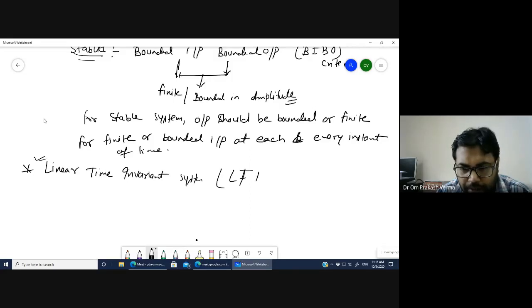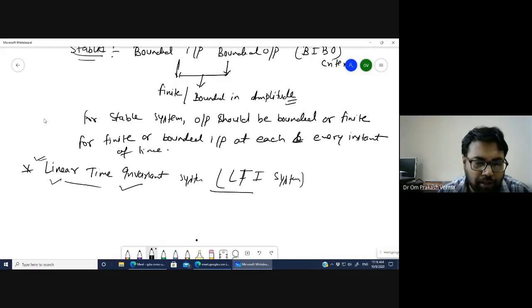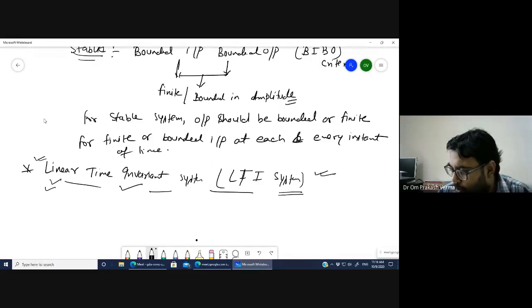Most of your syllabus is based only on the LTI system, either control or signals and systems. You are not going to deal with the nonlinear system or the time variant system. However, most real-time applications are nonlinear and time variant. But it is the ideal case, so we just see the real-time problem in the LTI frame, right? LTI frame.